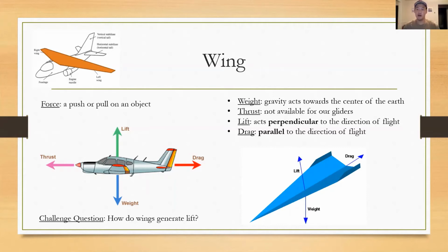Thrust is the force that propels the airplane forward. And once again, on an airplane, that would be most commonly generated by the engines. However, our glider does not have engines, or any source of thrust for that matter, which is why our glider's forward speed will never get faster once it leaves our hands. It's only going to be slowing down. The only exception would be if a gust of wind or something else gave it a little push while